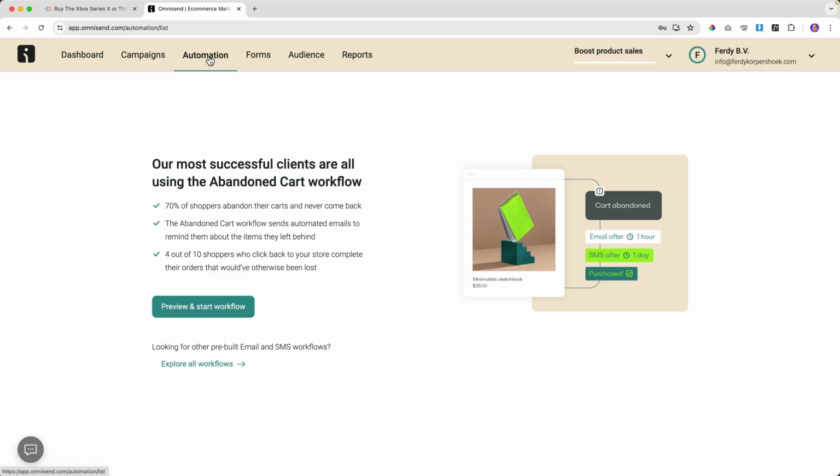This is really cool. We can send emails based on the behavior from people on our website. So here's an example. Somebody is putting something in the cart on your website, but they abandon the cart. They leave the website. Then you can create an automation that after 1 hour, that person should get a text message or an email saying, hey, you forgot something in your cart. And then you can say, if they do respond, don't send any other email. And if they don't respond, then send another email with a discount code. Well, we're going to talk about that.